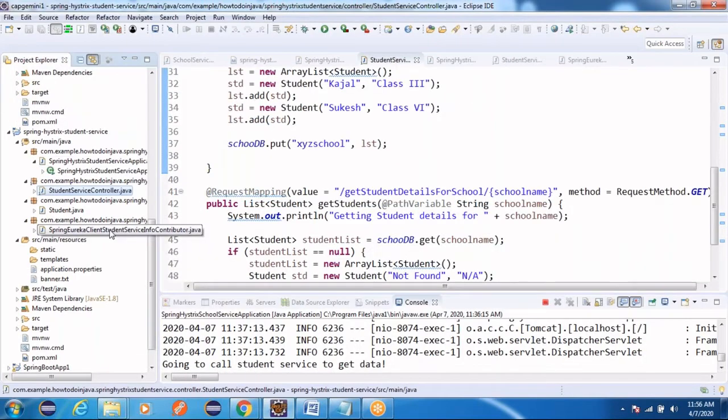In the very first example, we are first running the student service on port number 8088. So let us run that application.